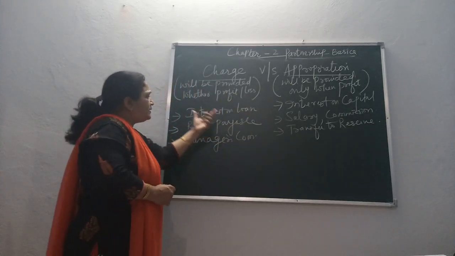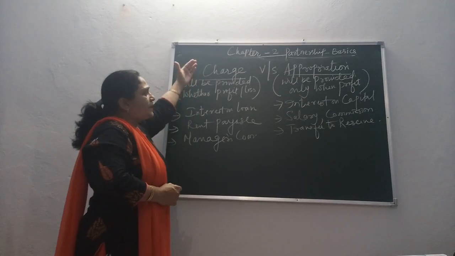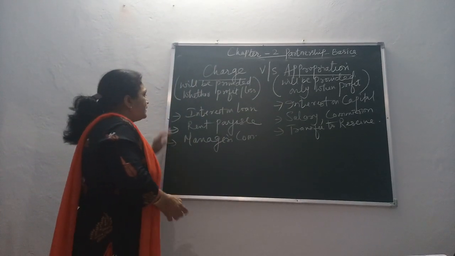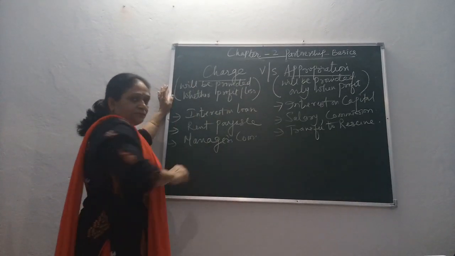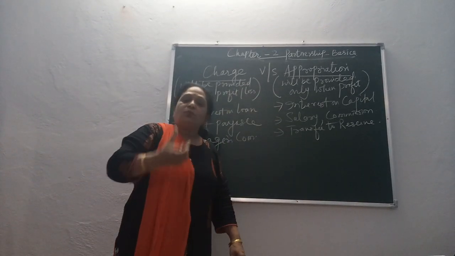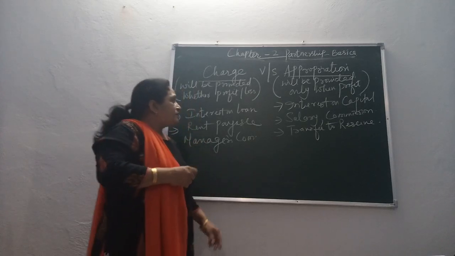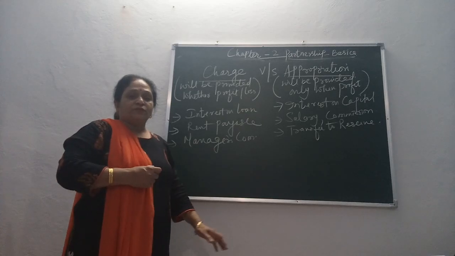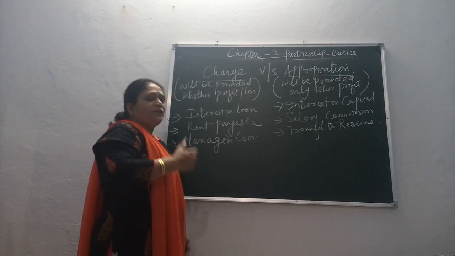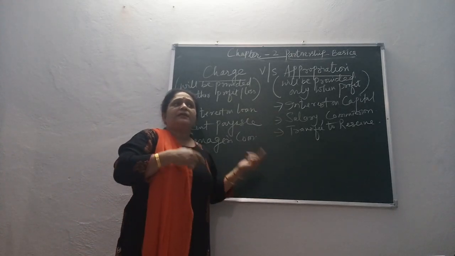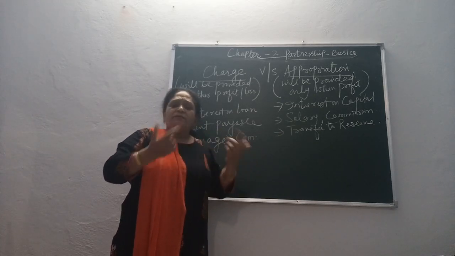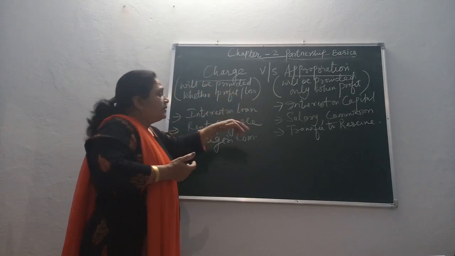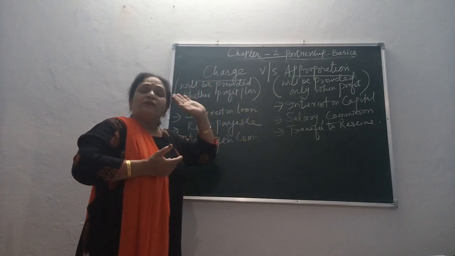So basically there are three things which can be regarded as a charge against the profits. First is interest on loan. If a partner has advanced a loan to the firm, he will get interest at the rate of 6% per annum as per the provisions of the Partnership Act. And if it is provided in the deed that he must get 10% or 12%, then he will get 10% or 12%. But if it is not provided in the deed, he will get interest at the rate of 6%